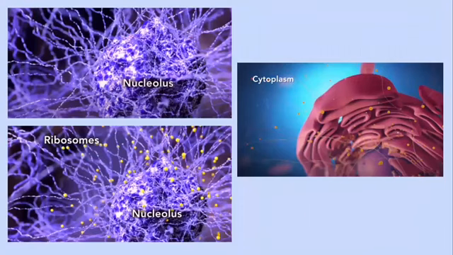There is one more structure known as the nucleolus. This nucleolus is present in the nucleus of the cell, and it produces ribosomes. Ribosomes are the structures made by the nucleolus. Ribosomes leave the nucleus and go into the cytoplasm. Ribosomes help in the synthesis of proteins. Ribosomes and other organelles float around in the cytoplasm, which is a jelly-like structure. Ribosomes may float freely in the cytoplasm, or they may be attached to a membrane called the endoplasmic reticulum.